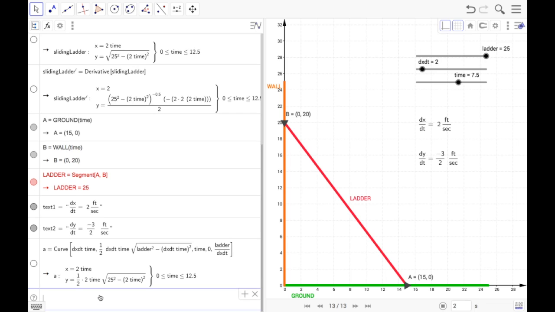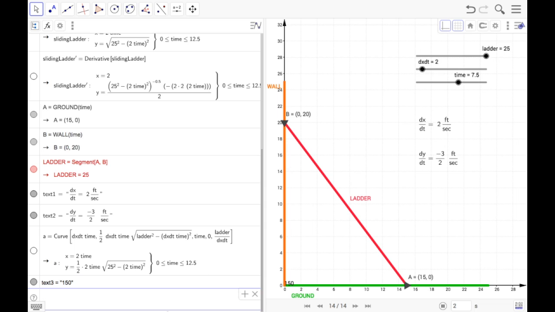And what I want to do now is show what the current area is of the triangle. Well, to do that, we're going to take text, and we want a text object, and that object we want the y value. So I type in y. I want the y value for the curve A, and actually I'm going to rename that curve in just a minute. At a moment in time. So I type in time, so it grabs whatever value the timer is currently set at. And then here we see it actually calculated what that area is.